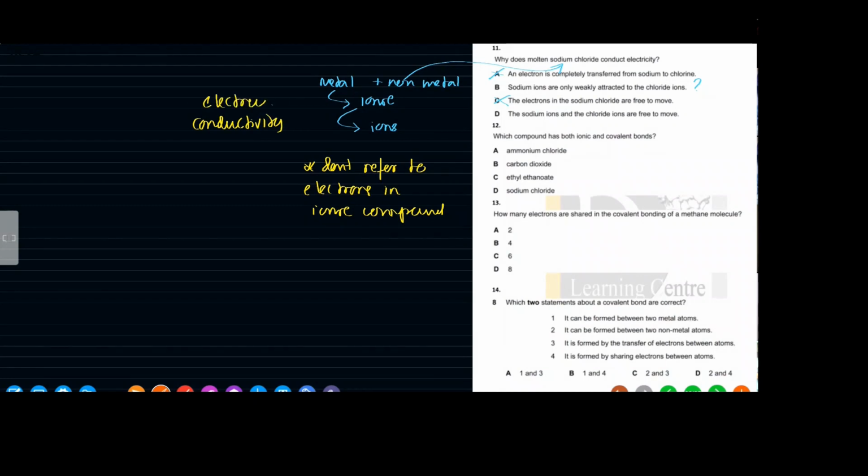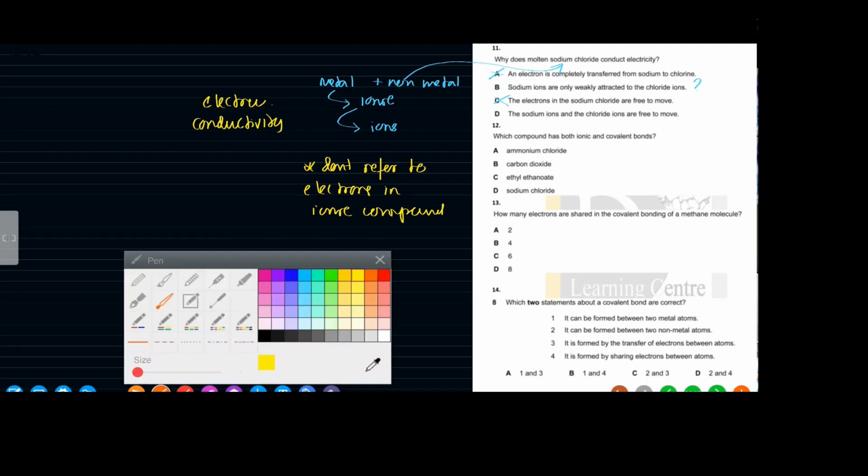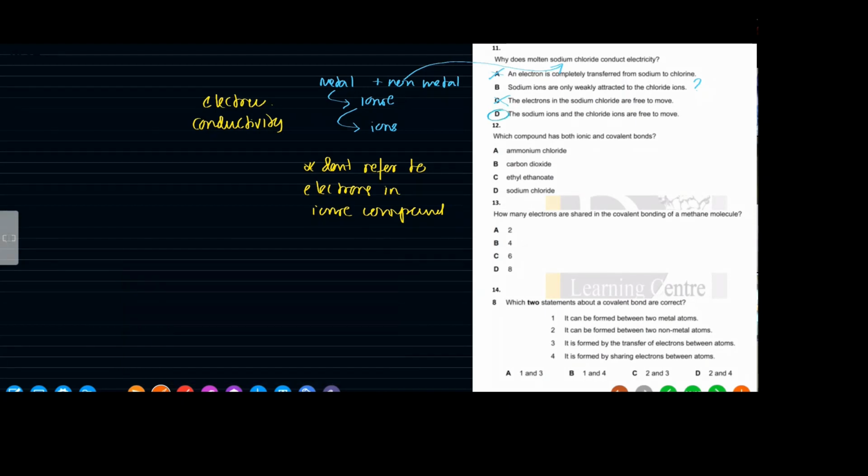Sodium ions and chloride ions are free to move. That makes it more accurate. They are free to move. That's why they can conduct electricity, right? So that's why I said that weakly attracted is not very accurate. So the answer when it comes to conductivity of an ionic compound like sodium chloride is that the ions are free to move. It doesn't mean that they are entirely free, but they are somewhat free to move, so then they can